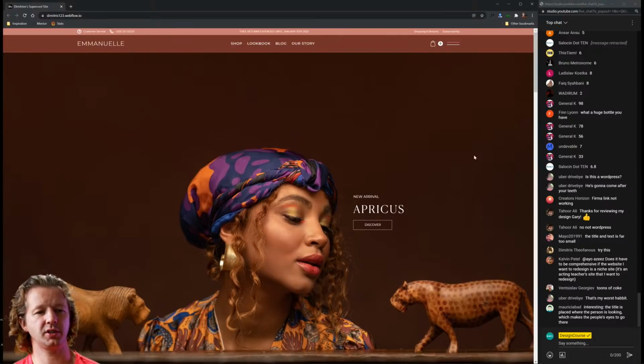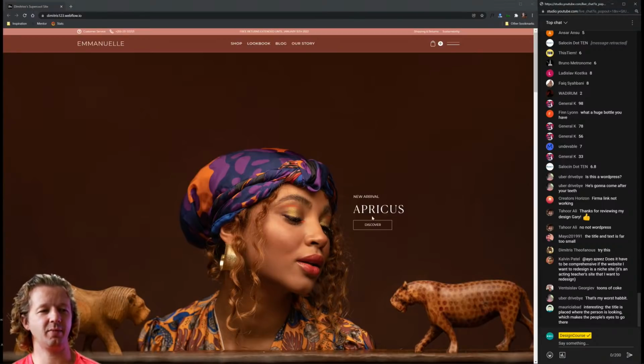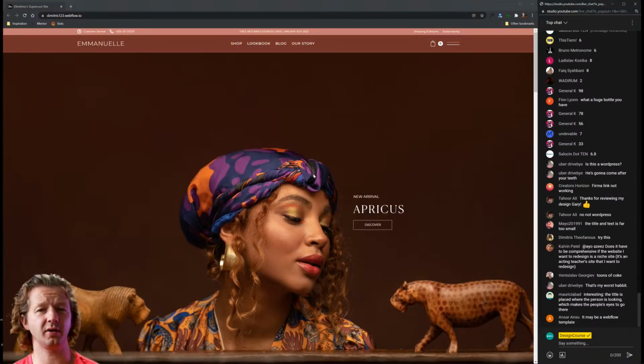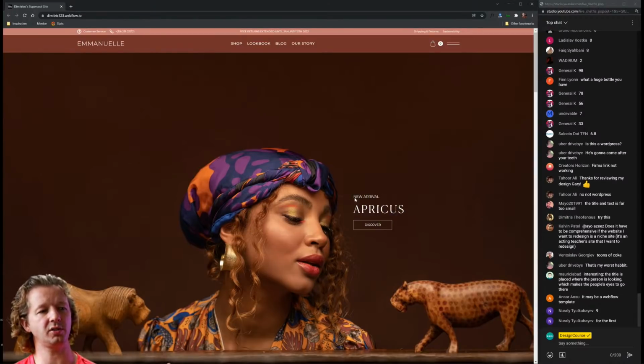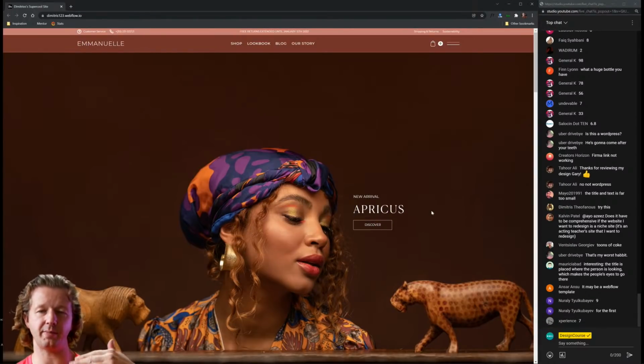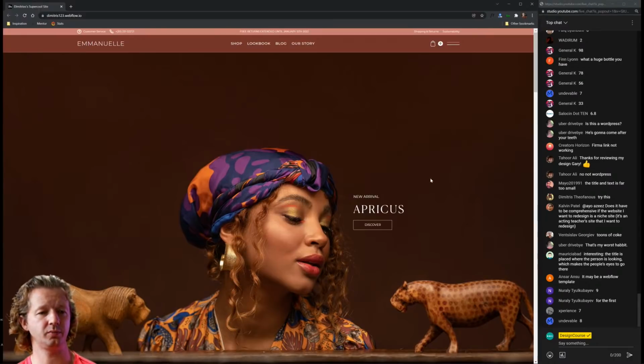Rating, one being the worst, ten being the best. Yeah, it's making the person's eyes go there, but it seems like a huge afterthought. What you could do is reposition this person so that they're more to the left, like right here, and up higher. And then you would have more space in this column to make this stuff larger, and it would be up higher. So that would work as well.